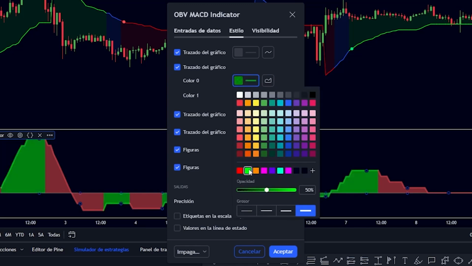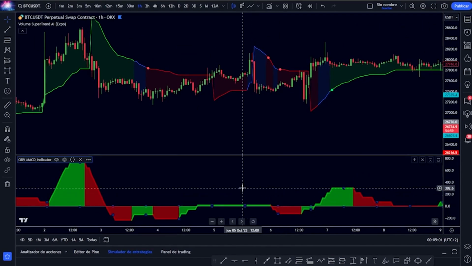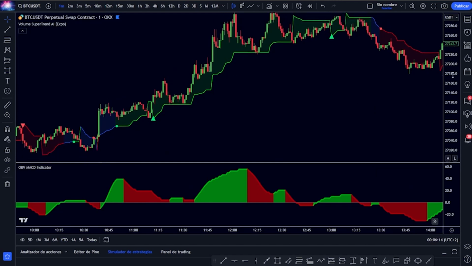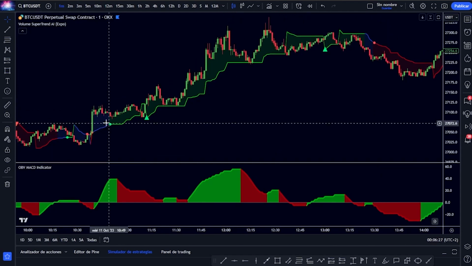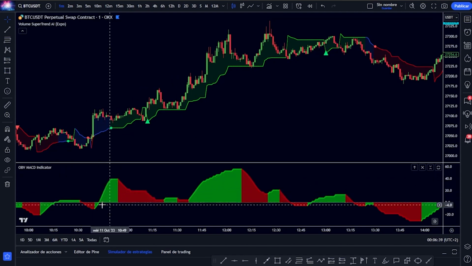I personally will also change that blue color to the typical green, and I will also put the red. I give it accept, and this indicator will help us exclusively if we want to use this super trend for scalping in one minute, because as you see it gives us an extra confirmation when there are those trend changes, and if we see that the wave is far away from the zero zone and in green, it means that this entry